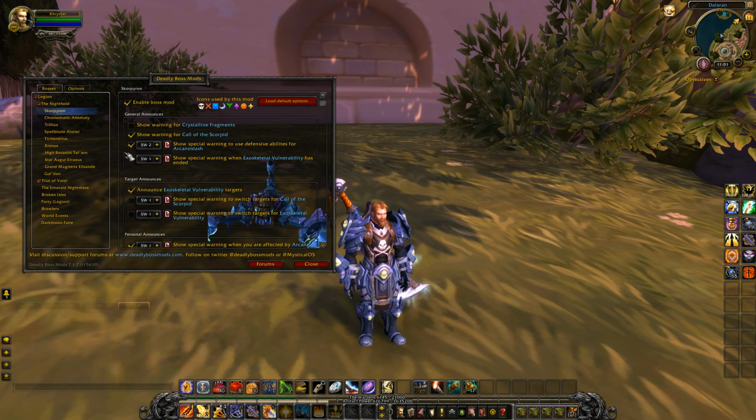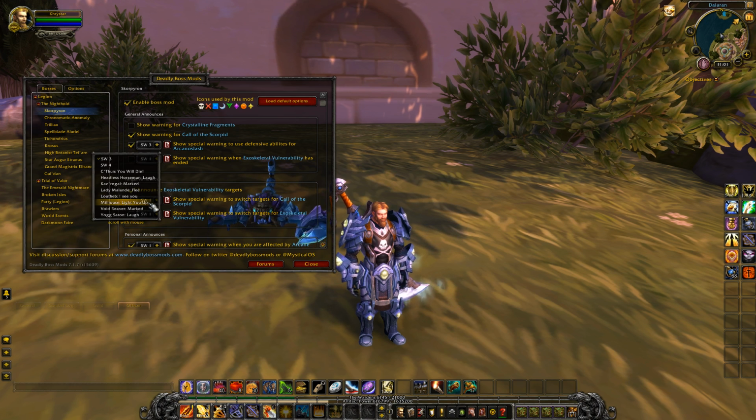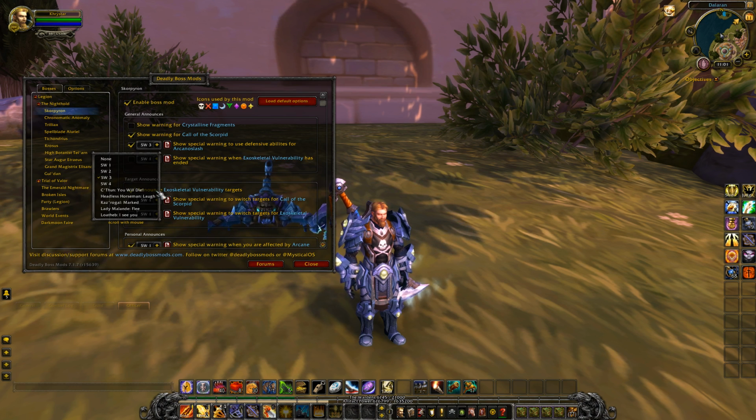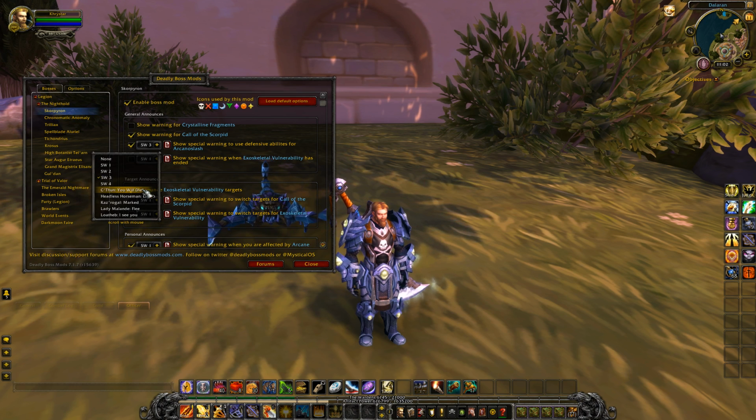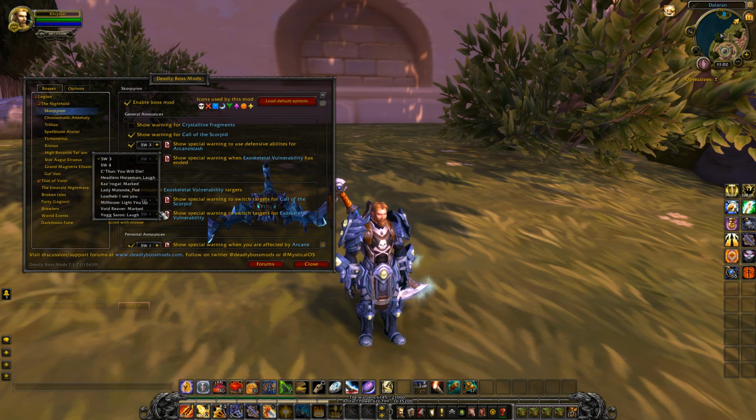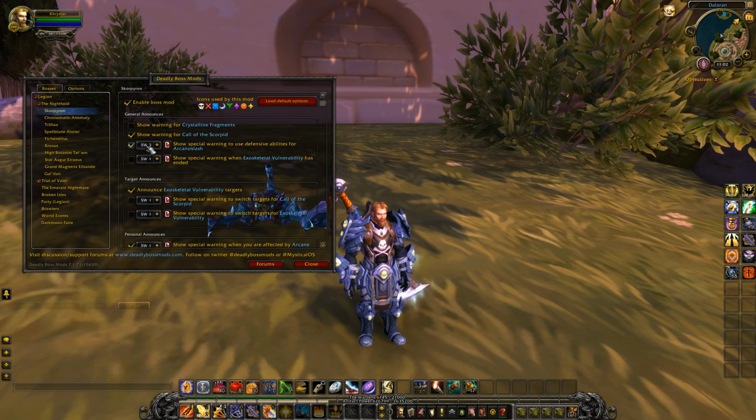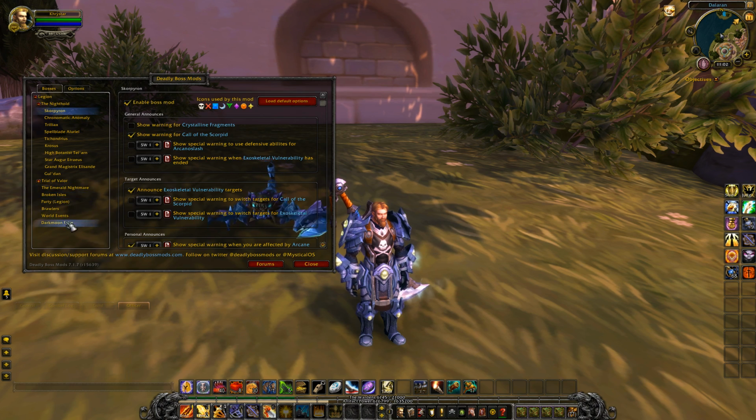There's Special Warning 2. Destruction. So you can set this as mostly anything, and if you use your mouse scroll wheel, because there's no slider on the right side here, you can scroll up and down through these and select the different ones. At the bottom, there's a few extras. We'll set this back to Special Warning 1, and I think that covers most of that.